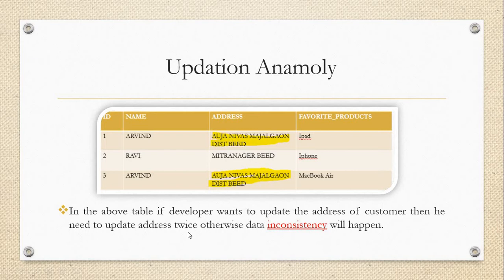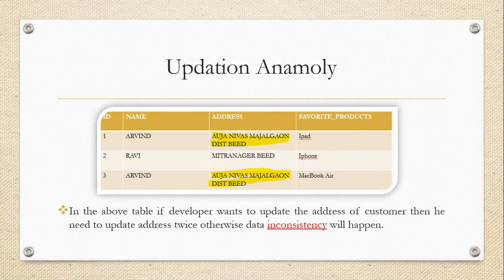Why does this happen? Because we have duplicate data. In the name section we have a user named Arvind and another user also named Arvind. If in your database users have the same name, there is a chance of data inconsistencies.